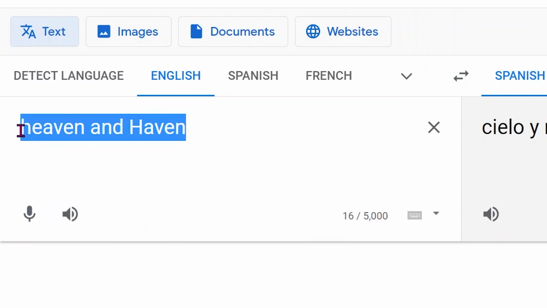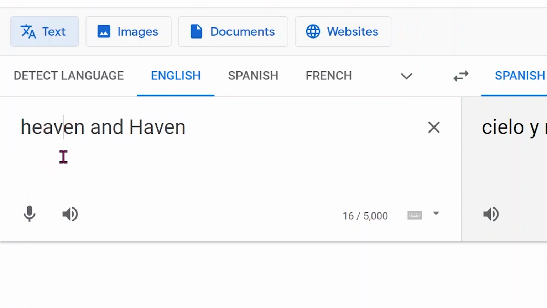This is one of the most difficult sounds for non-native speakers to pronounce because you've got two different vowel sounds. Don't you worry if you're not able to get these words, okay? That is not the purpose of this exercise. What I'm trying to show you is how Google Translate is able to detect the slightly different pronunciations of these two words.